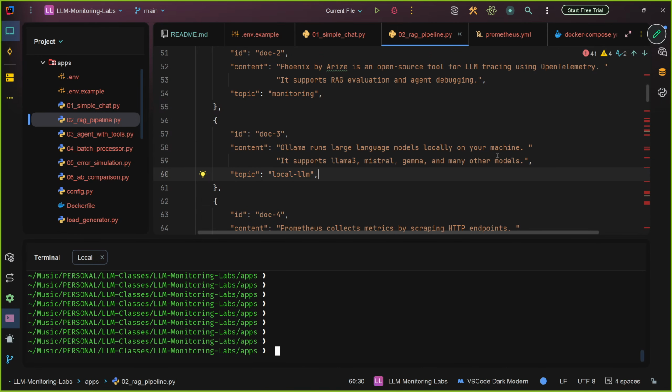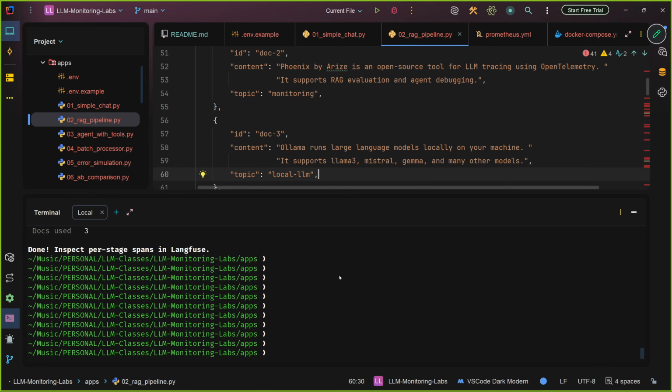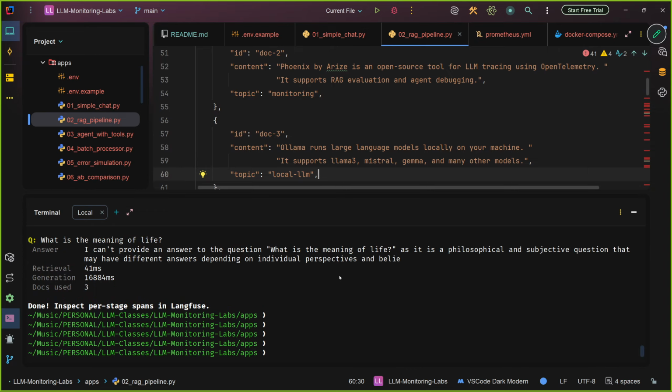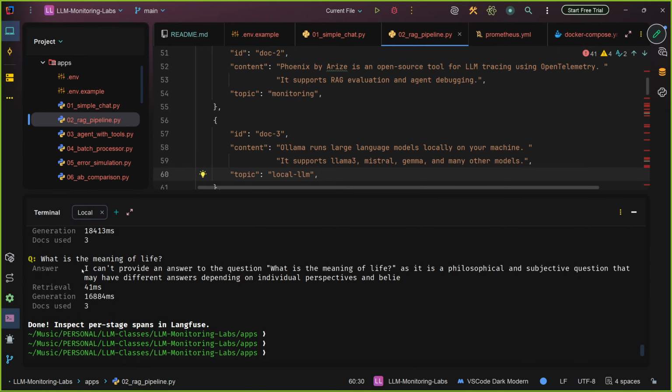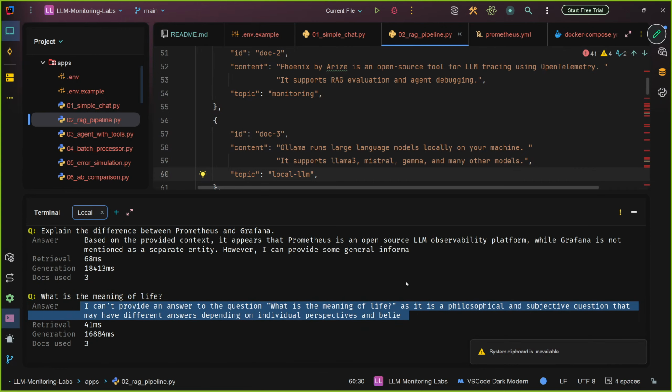So it's supposed to be language, missions and all. Yeah, it's only Ollama that is from doc 3. The others should be from different docs, isn't it? But we see docs used 3 throughout. Why is it telling that I can't provide the answer to this question? What is the meaning of it? Not answered. If you go back one above,